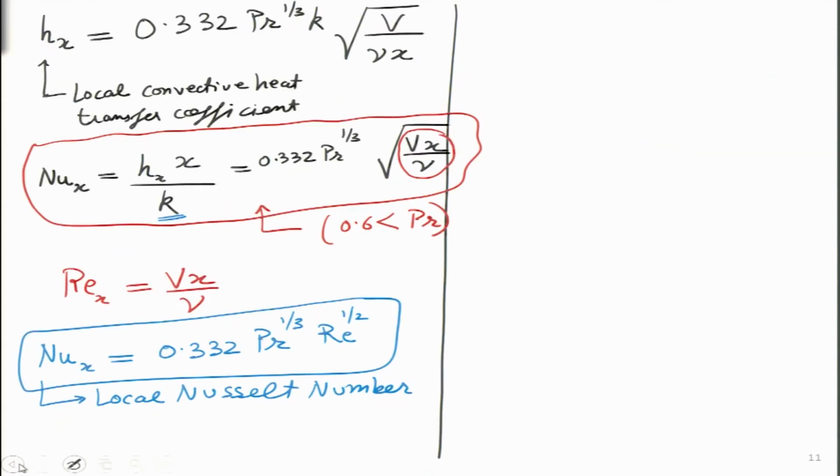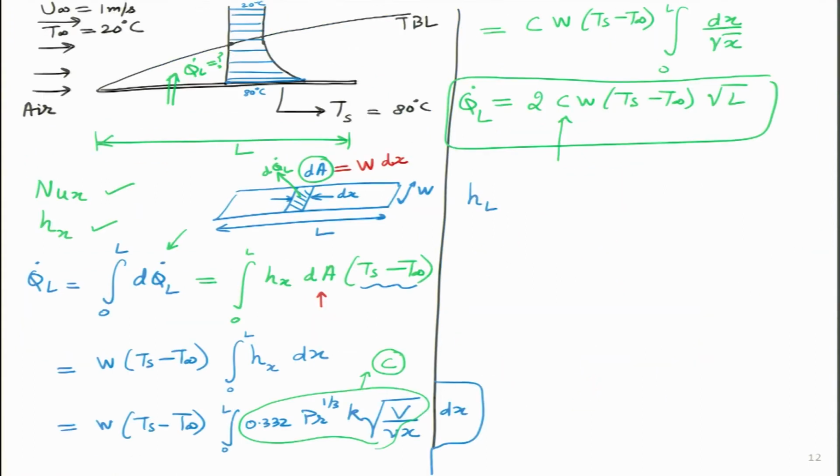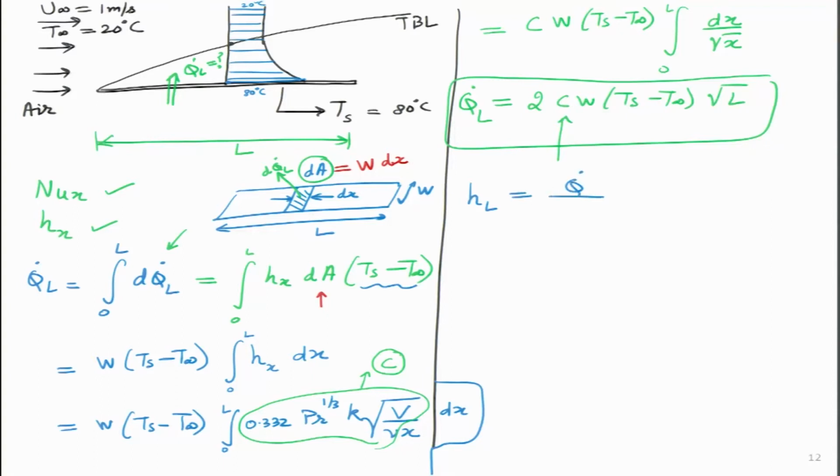So if I go back one slide or two slides, the first solution we have obtained. We wanted to find all these 3 blue arrow values. So the first blue arrow value we have obtained. Now let us try and figure out, based on this overall rate of heat transfer, can I figure out the value of h_L, which is the overall convective heat transfer coefficient. By definition, h_L is simply Q dot divided by the total area divided by temperature difference. This is Q dot L, and Q dot L value I can obtain from here.